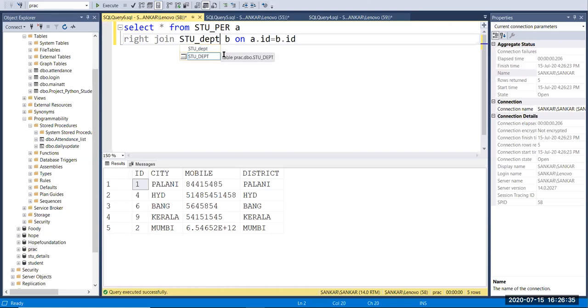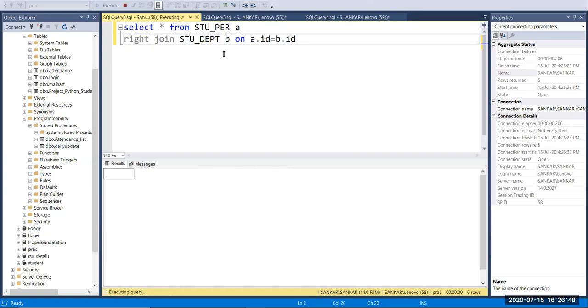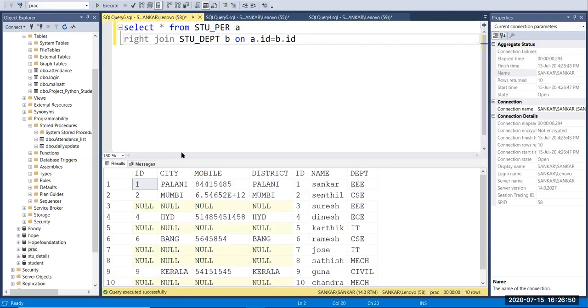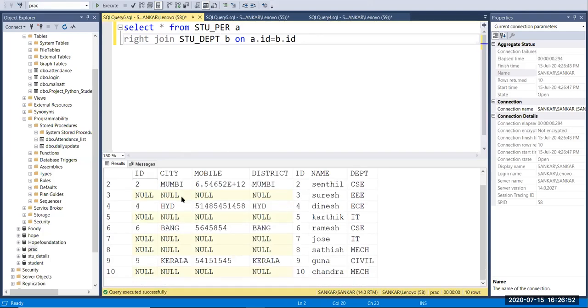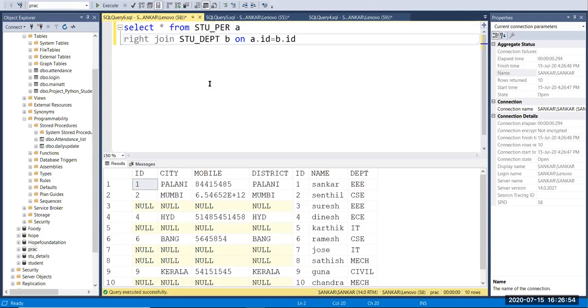In dept we have 10 values. So now you get 10 values, and the values not in stu_per are returned as null. You can see here, this is a right join. It takes the right table as the reference table.